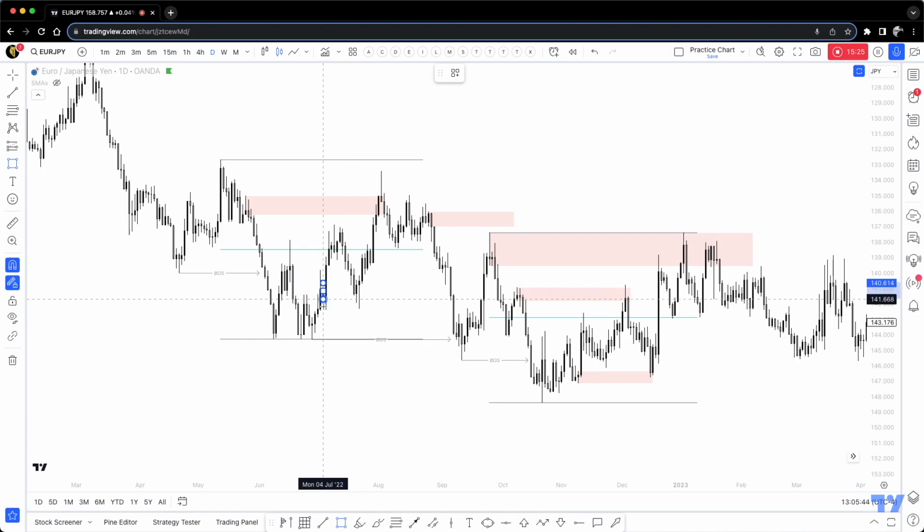For example, right here, you see that the market built up a little demand zone after this break to the upside right here. In a lower time frame, we have a BOS, price pulls back, mitigates, boom, targeting this high, right? And price is trying to get into the seller's zone, in this case the premium area, right? So you see, you can still catch buys, but it's risky because you're going against the trend. And overall, you're going against the trend because recently you had a BOS.